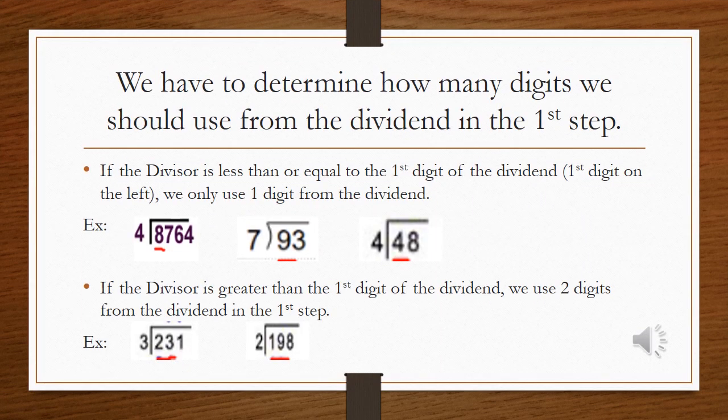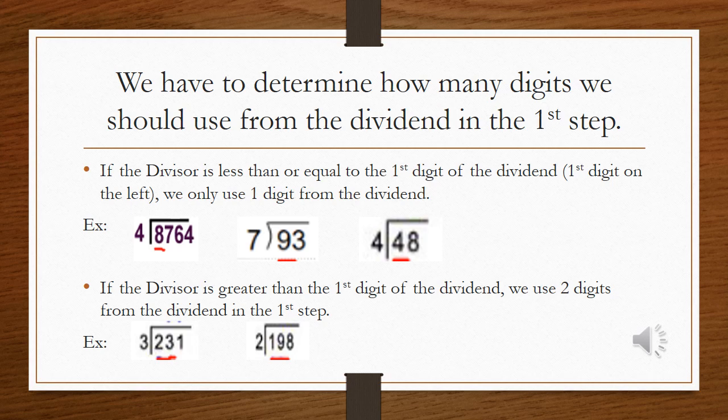Before we apply any step in the long division process, we have to determine how many digits we should use from the dividend in the first step. We have to compare the divisor with the first digit of the dividend on the left. If the divisor is less than or equal to the first digit of the dividend, we only use one digit from the dividend. For example,